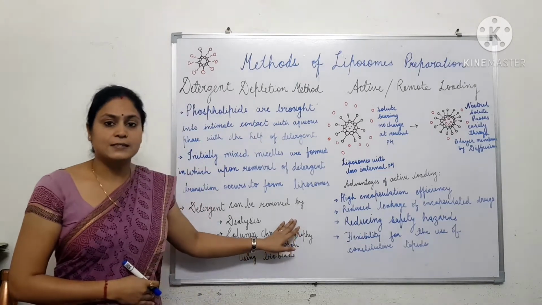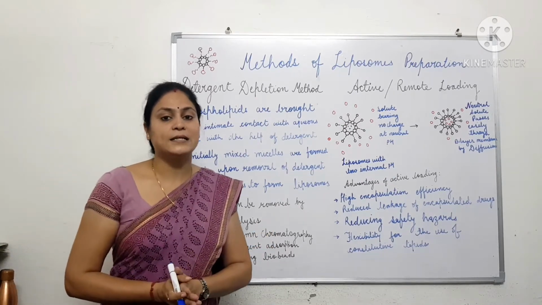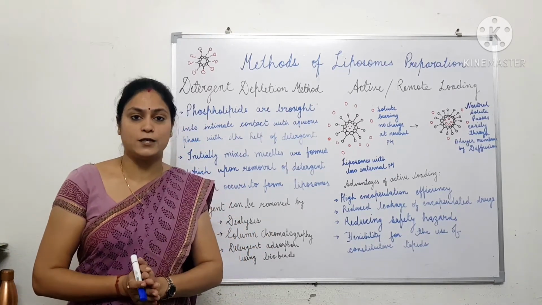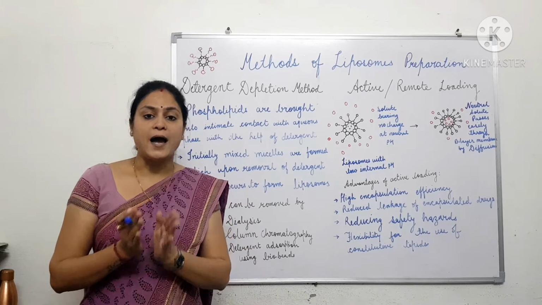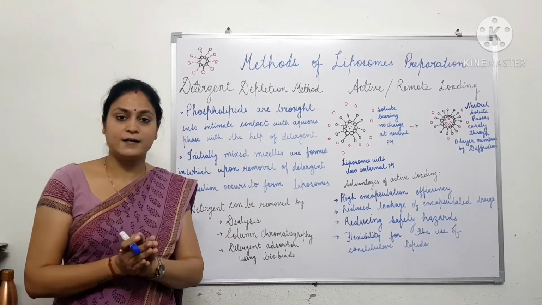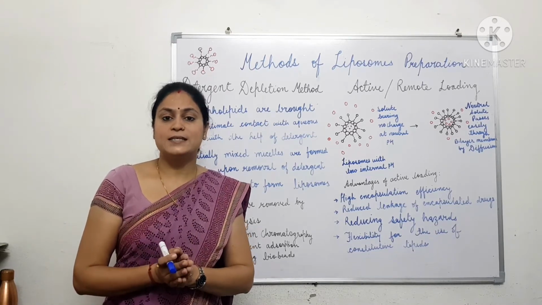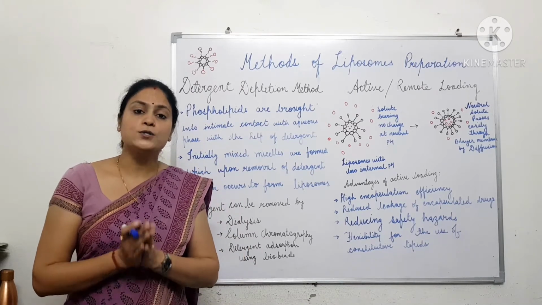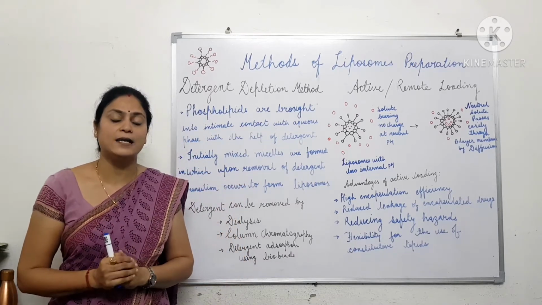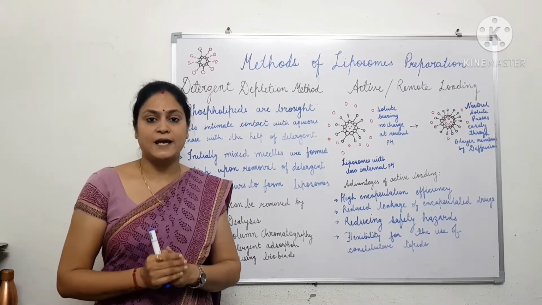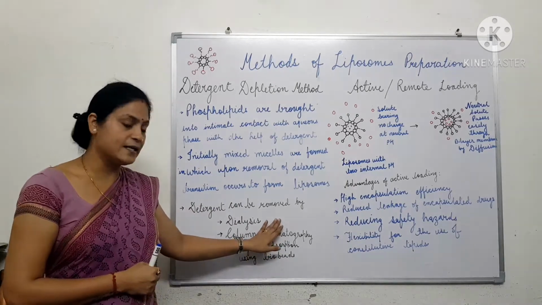One point has to be kept in mind: detergents which have a higher CMC value. A higher CMC value means that a higher concentration of detergent will remain in the bulk aqueous medium in free form. Detergents such as bile salts, sodium cholate or sodium deoxycholate have high CMC values. So it is possible to remove these types of detergent from the bulk, and they can be separated with the help of dialysis.